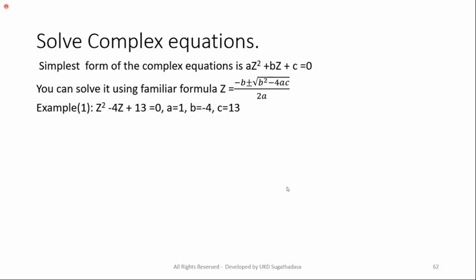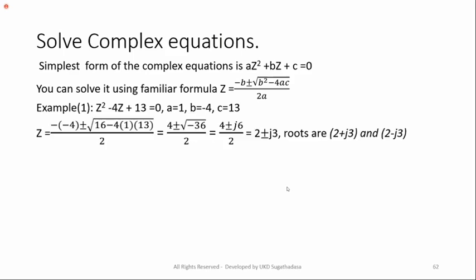If you want to solve the equation z squared minus 4z plus 13, earlier we put this as x, no? Because x is finally a complex number. Same thing. You can use the formula there. From here onwards, I just use the formula because it's much easier, right? With the formula, you get 2 plus or minus j3. Those are the roots of the equation.